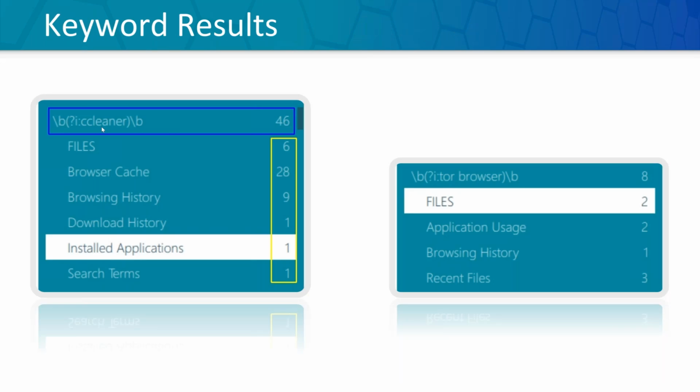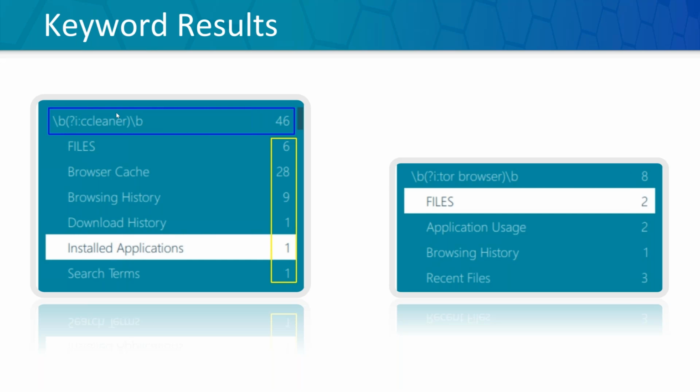Looking here, these are some keyword results from a search. You can see up here in blue, CCleaner was looked for, which is an anti-forensic device. But I was talking about looking through your artifacts and listing out. You can tell that I'm not showing the whole screen here, but the files were found. Browsing history was found on it. It was downloaded and it was installed. So I know right off the bat, with CCleaner, I may not have all the web data that I'm looking